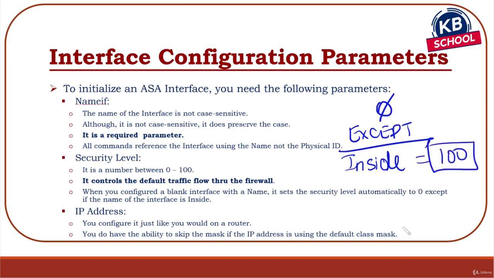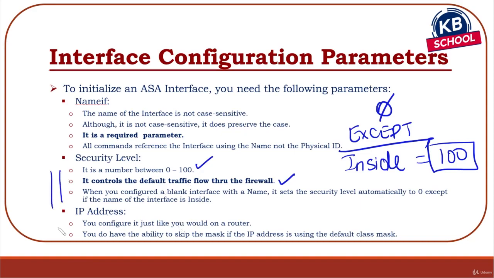Anything else, it'll set it to 0. What is the security level? It's a number between 0 to 100. This is a very important parameter. This is the one that will control what traffic will be allowed through the firewall. We'll take a look at that in the next coming slide, which is a very important aspect, the core aspect